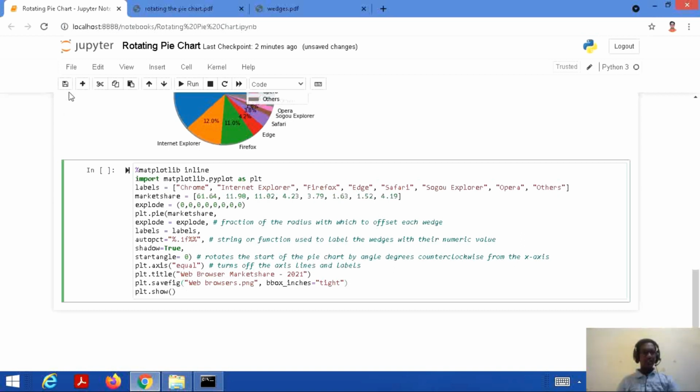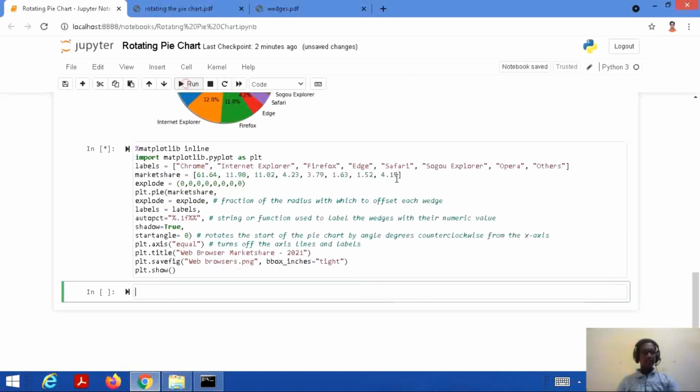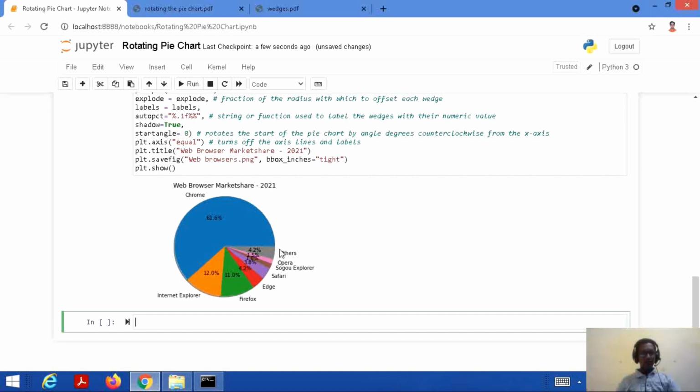So let's save this code and run this code. We got the output, and the most concerning part is where it has been saved. So we did save it with the name webbrowsers.png, and its location will be from where your application, that is your Jupyter notebook, is running.